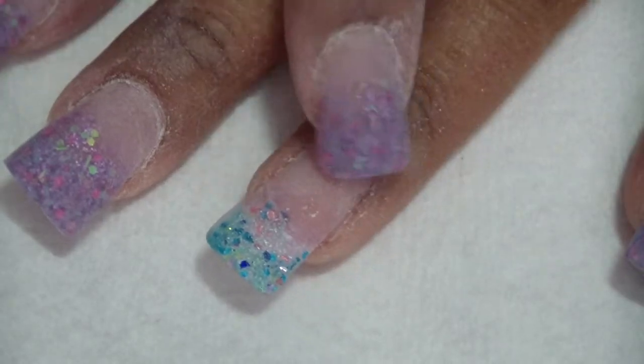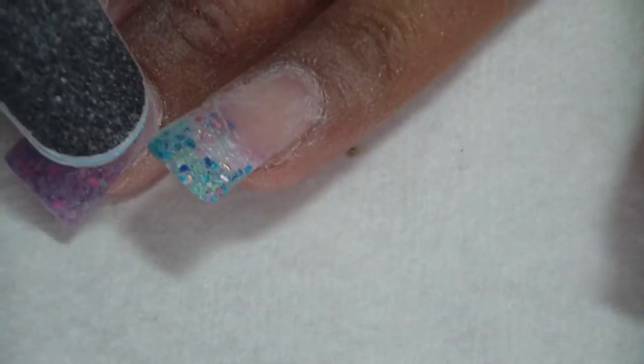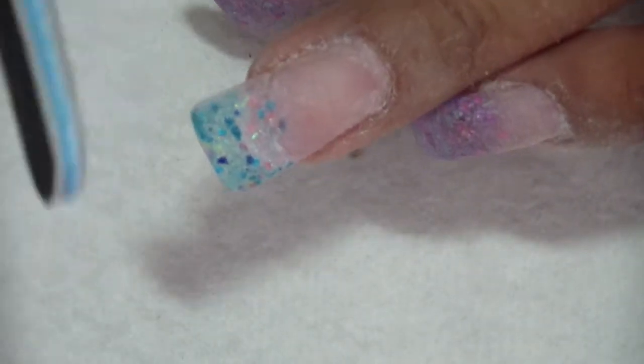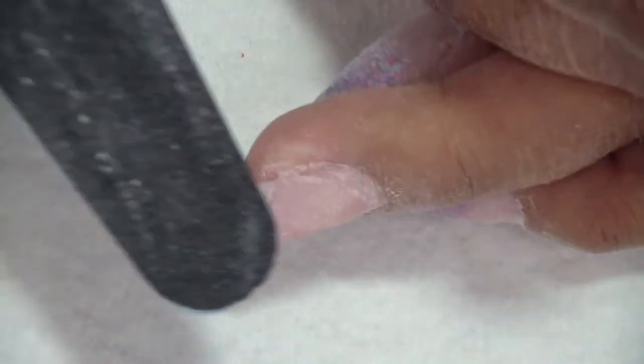So I've already actually filled the rest of my nails. They look kind of crazy right now because they're all dusty. But this is the one I'll be doing next. Like I said, I filed this down. I'm not going to actually use a smile line. I was going to file it in and make it nice and sharp, but right now I don't care because the last one was kind of faded. I'm going to have to do this one kind of faded. And so basically after I use my electric file, I go in and make sure anything that might have lifted, I try to take it off as well as I can